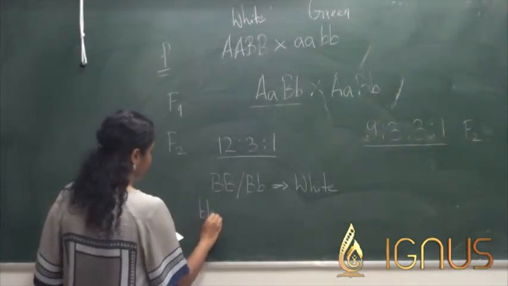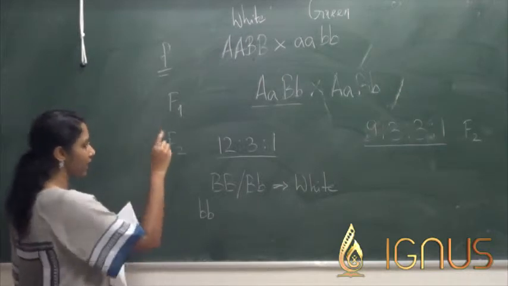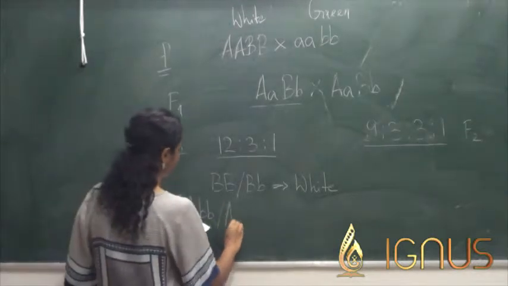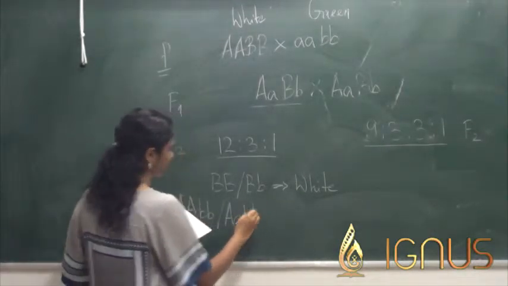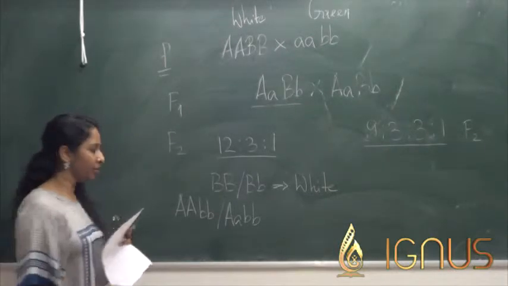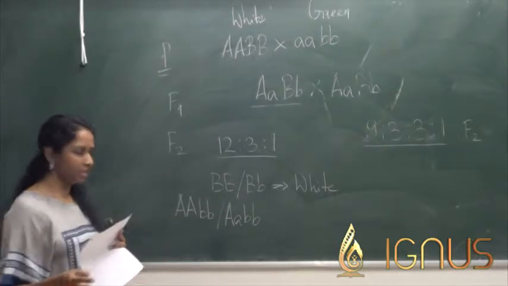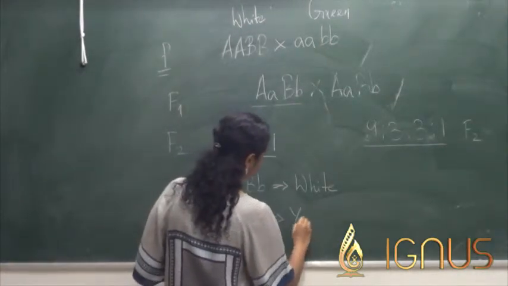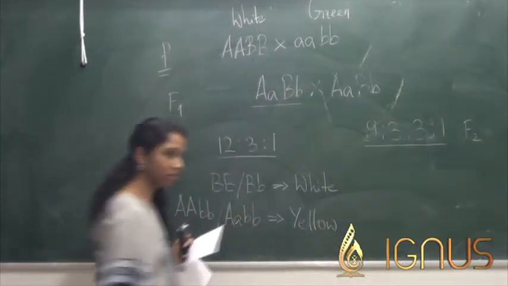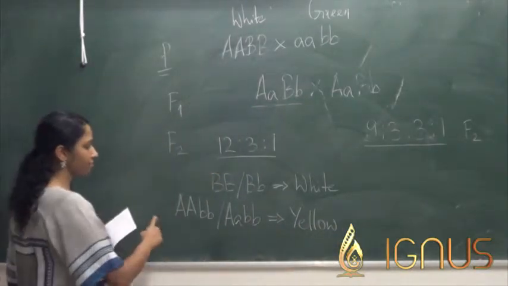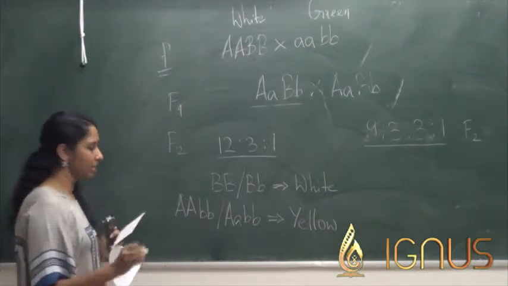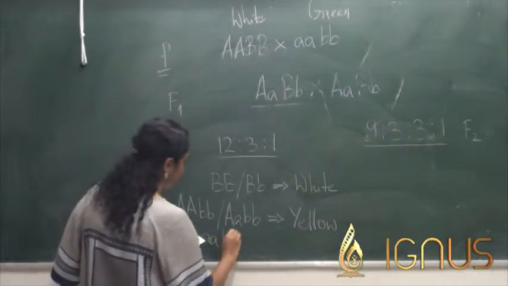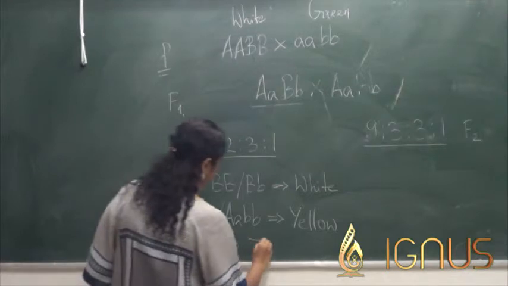If it is in homozygous recessive condition, but the gene A is in homozygous dominant or heterozygous dominant, then you have the yellow color. All right. Now, if you have both the genes as homozygous recessive, meaning A is homozygous recessive, B is also homozygous recessive, then you have the color